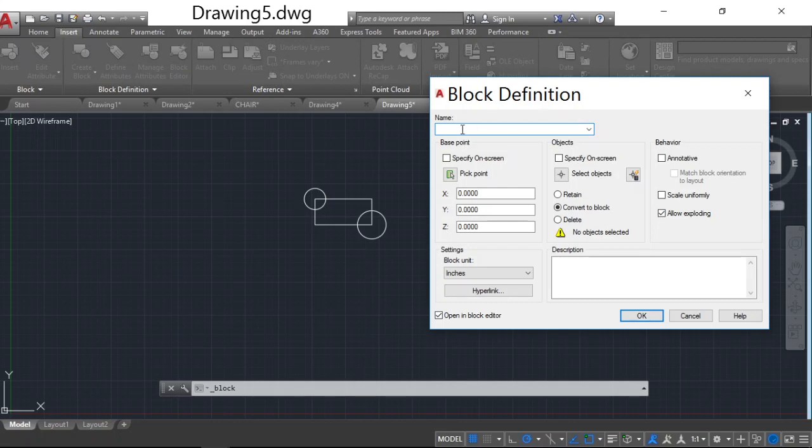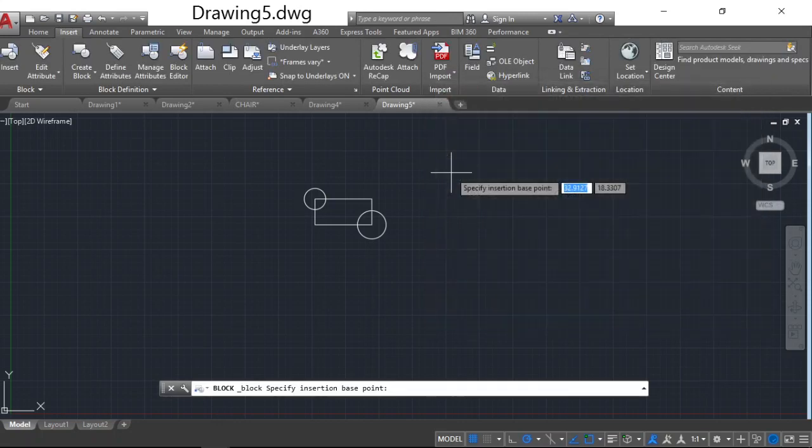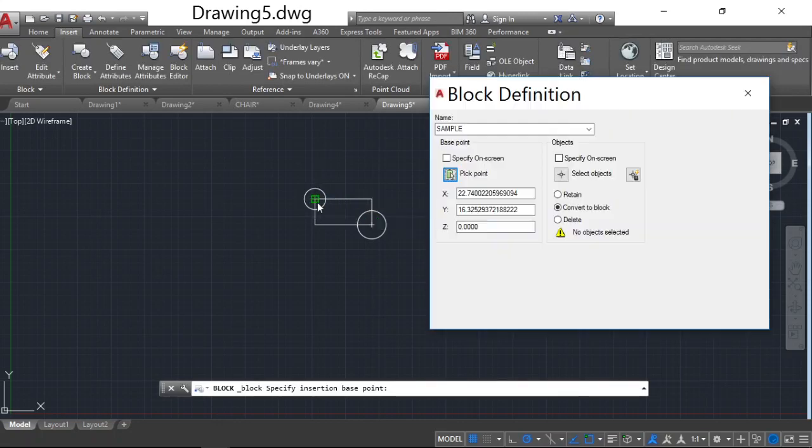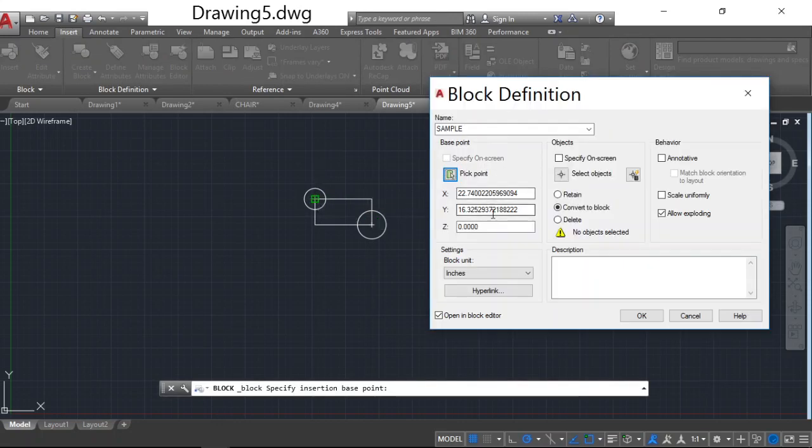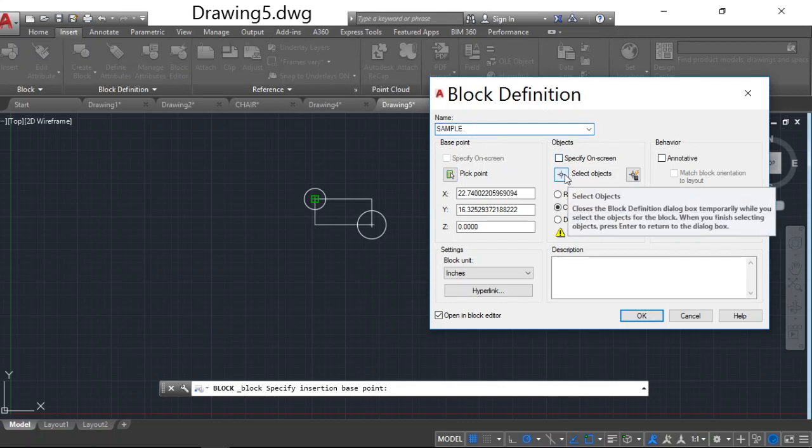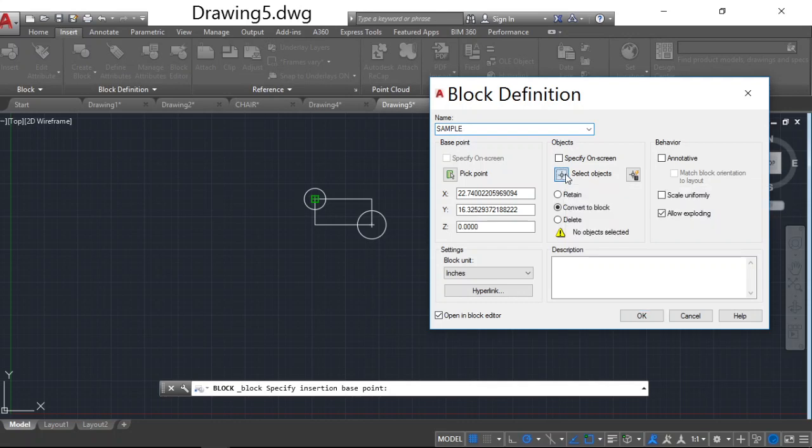Give the name. For example, this is my sample block, so I am giving the name sample. Then I am specifying the base point. For example, this is the base point, so it is going to take the x coordinate and y coordinate values for that base. Then objects: in your sample block, select the objects you want to include with the help of the Select Objects command.